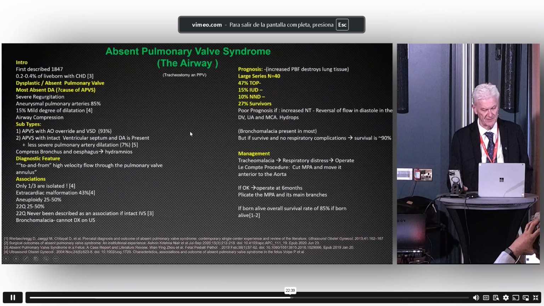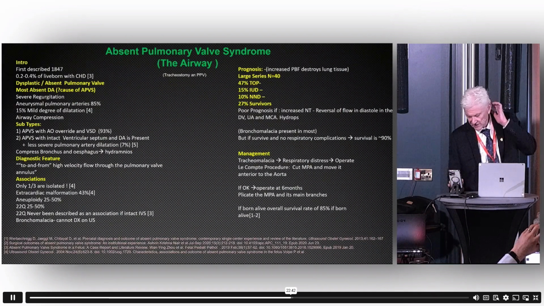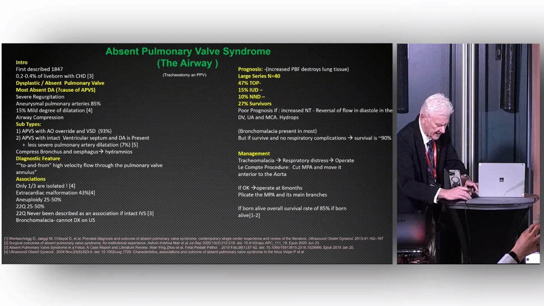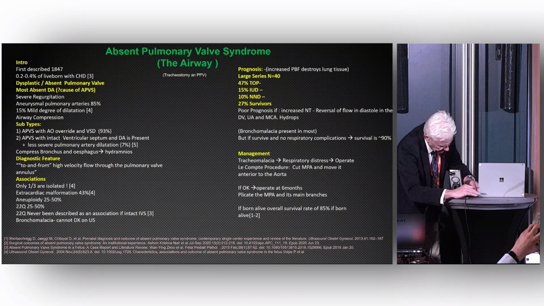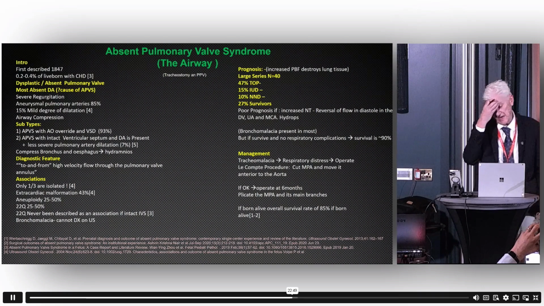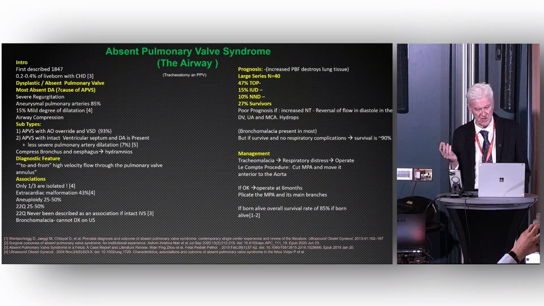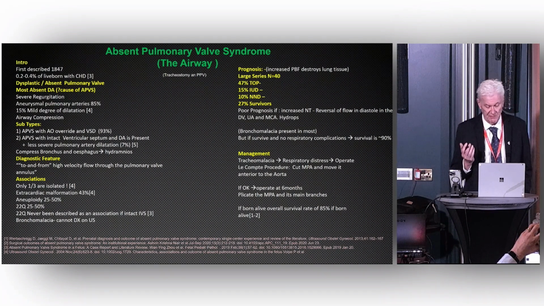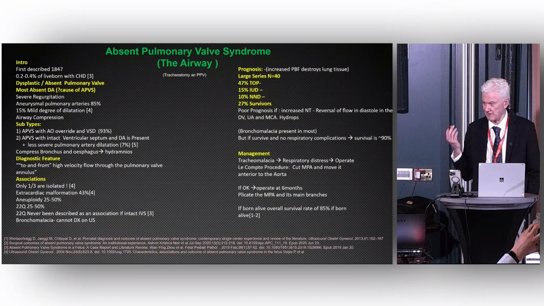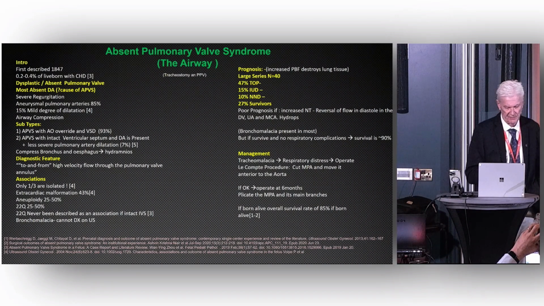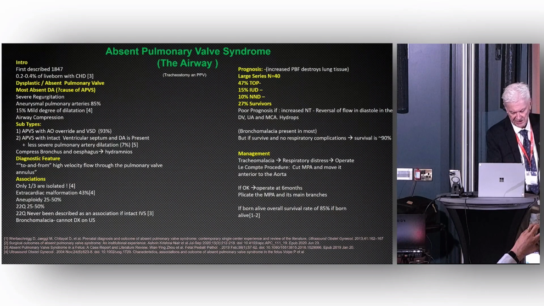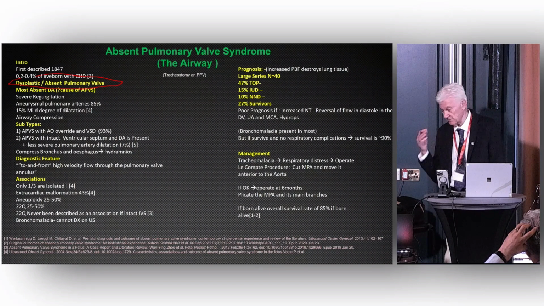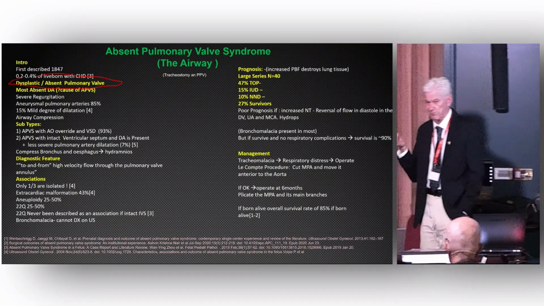Lastly, absent pulmonary valve syndrome, a rare condition. It's not just a condition of, from the point of view of a major cardiac abnormality, in a sense, they have a real problem in terms of their airway. And many of these babies require tracheostomy and positive pressure airway ventilation afterwards because of the pressure of the pulmonary arteries on the airways. But in terms of what is the condition, it's basically either absent or dysplastic pulmonary valves. And in a sense, from making an antenatal diagnosis of it, it's completely different to anything